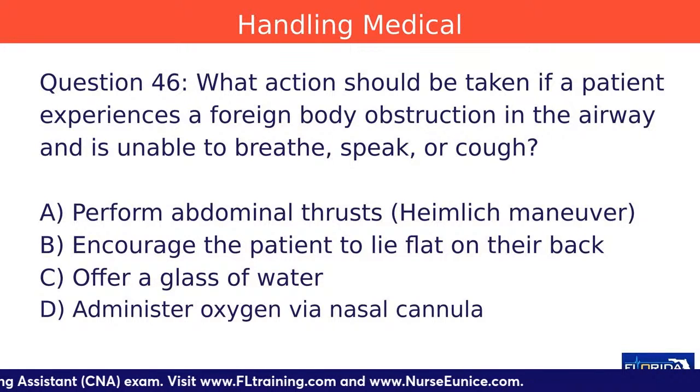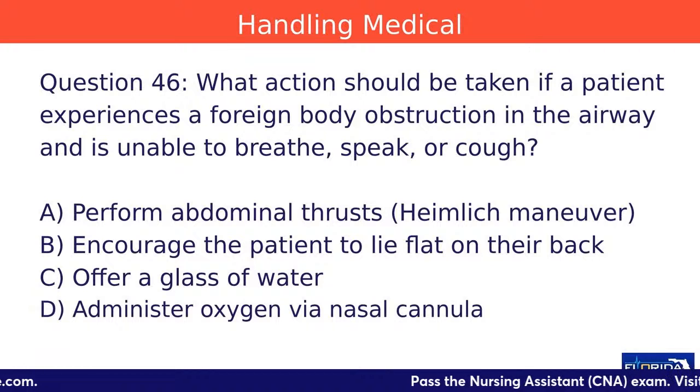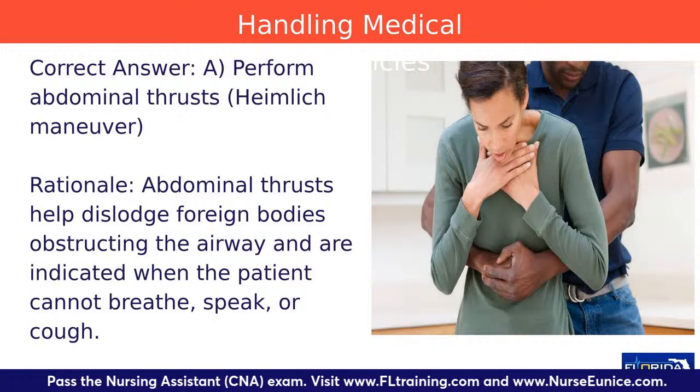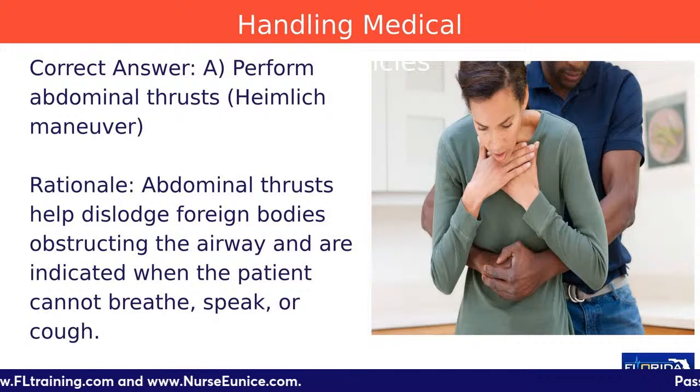If someone is coughing or choking, when you hit them in the back, you don't dislodge the object, you push it further down. So it looks like everybody got 46 correct. And 46 is A. You're going to perform those abdominal thrusts, previously referred to as the Heimlich maneuver. The abdominal thrust helps to dislodge foreign bodies obstructing the airway and is indicated when the person cannot breathe,